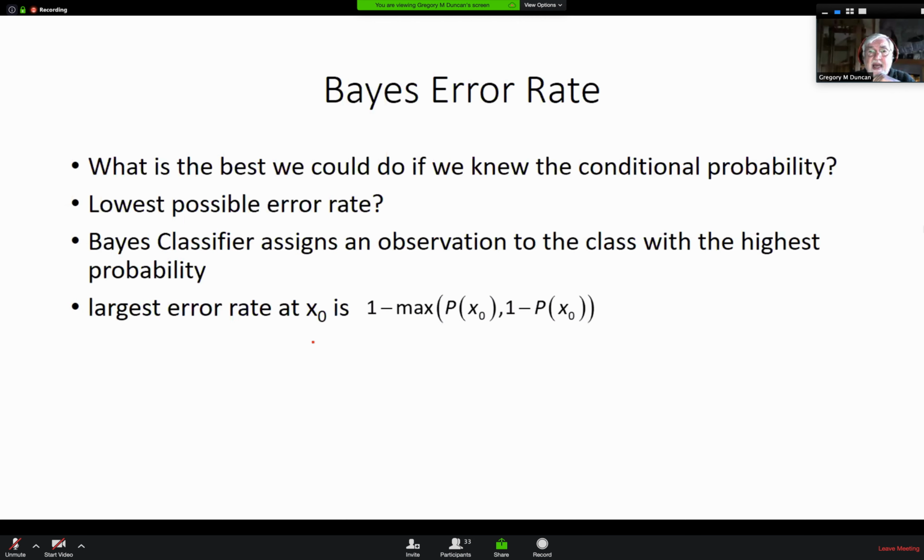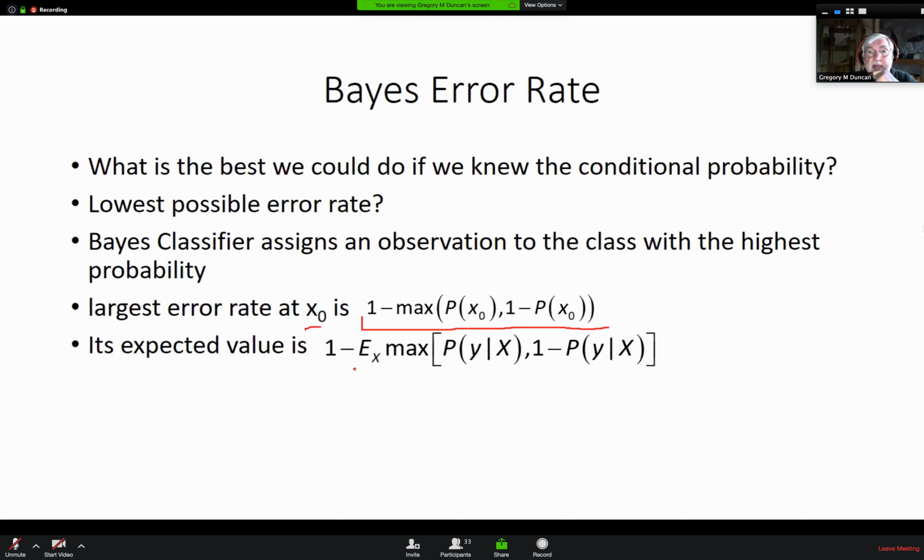So the largest error rate at x0 is going to be this, okay? It's going to be 1 minus the maximum of p(x0) and 1 minus p(x0), okay? So that is going to give you what the error rate is. Let's page down. Okay, its expected value